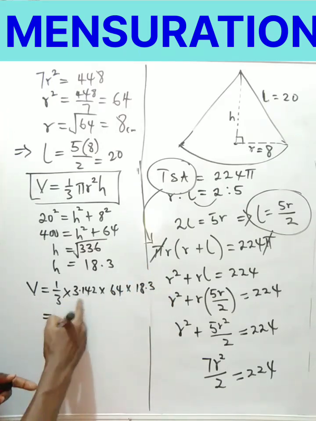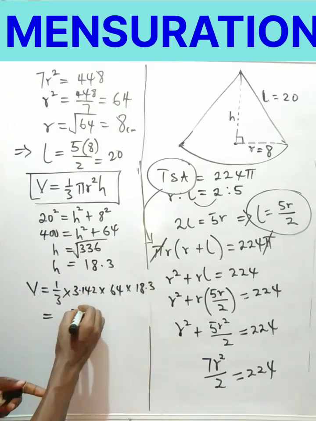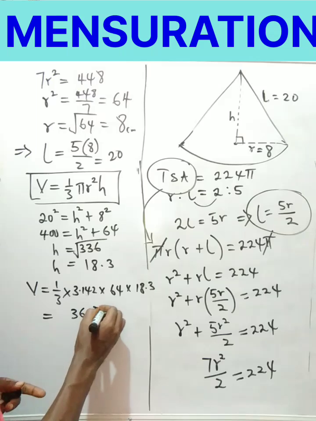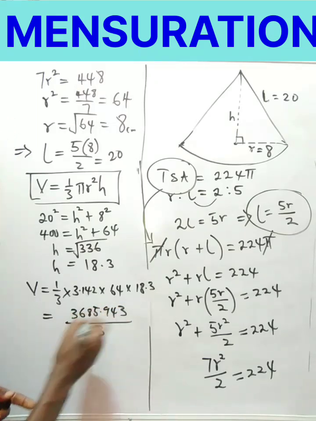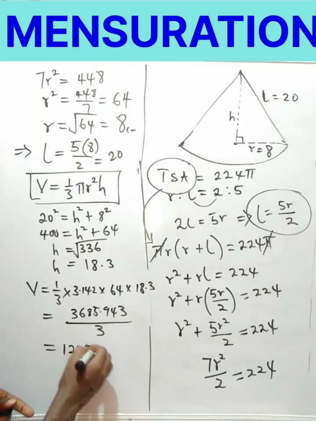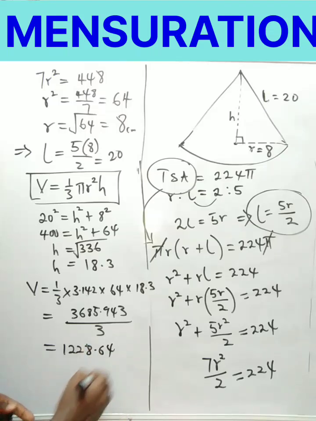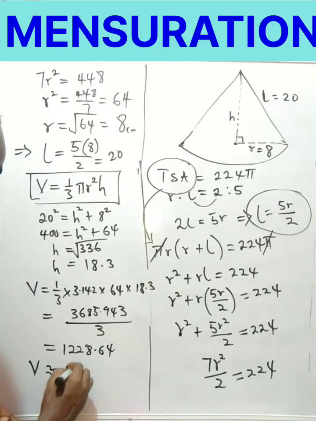So when we work on this whole thing, it will give us 3685.943 from the calculator. And when we divide by 3, this will give us 1228.64. Okay, and we are asked to leave our answer in 1 decimal place, so that will give us